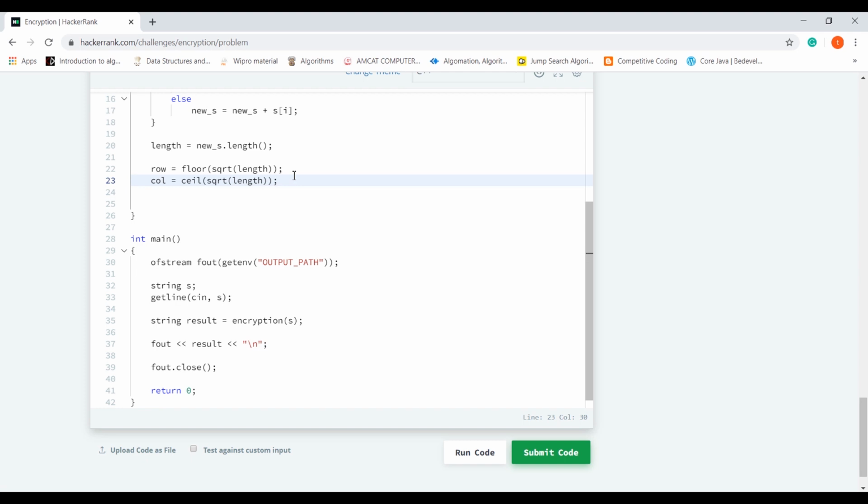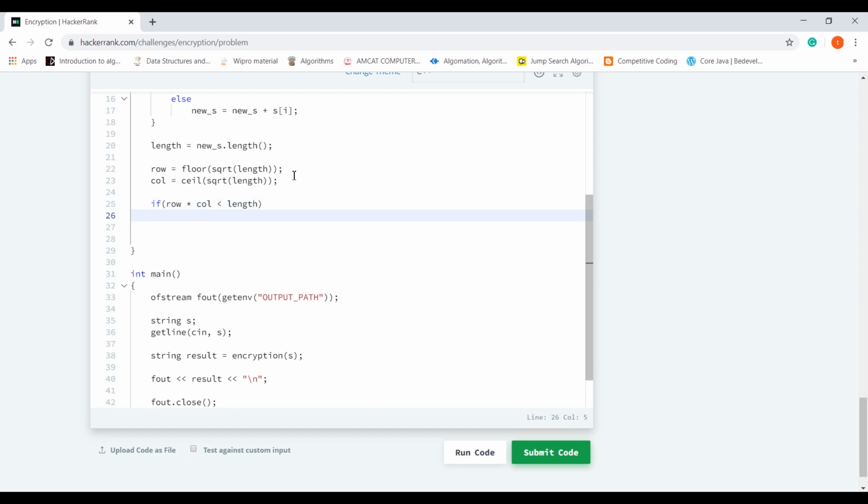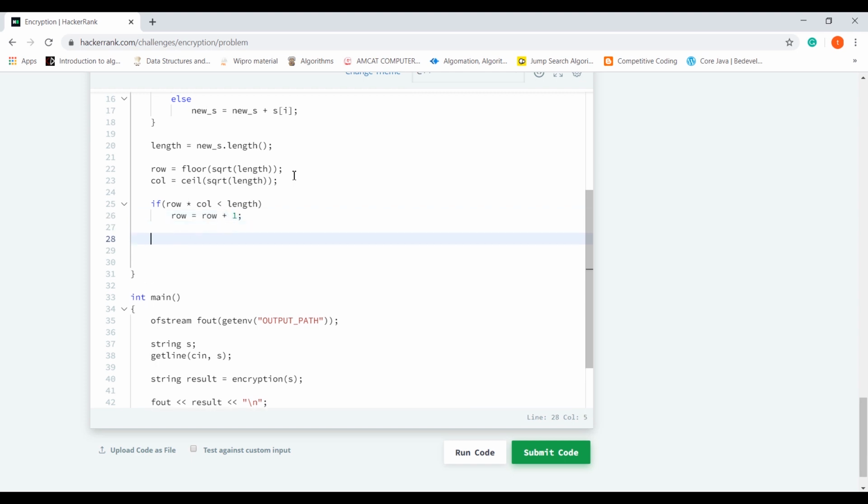I have calculated the row value and my column value. After calculating row value and column value, what should I do? I have to check one condition. What is the condition? If row into column is less than length, what I have to do? Row value equal to row plus 1, because the ceil value should be considered as my row, I told you, right? So, I am just giving that condition. Now, I am going to take